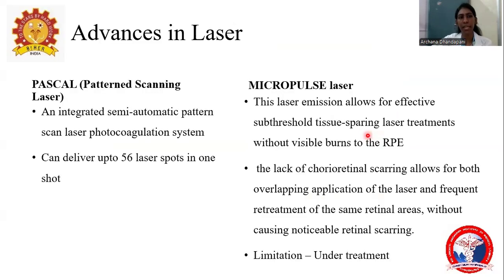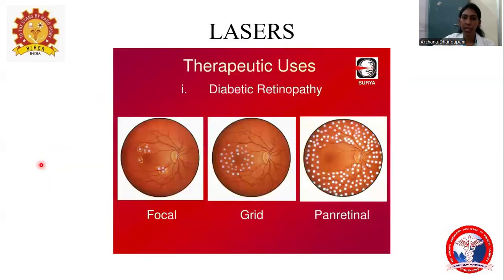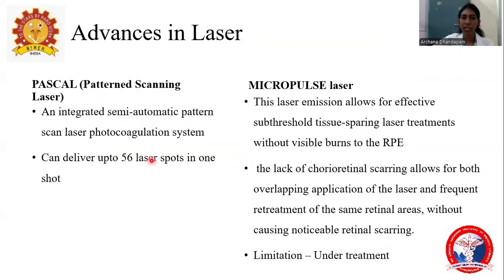So advances in laser include PASCAL. PASCAL is the Pattern Scanning Laser. It is an integrated semi-automatic pattern scanning laser photocoagulation system, and it can deliver up to 56 spots in one shot. That is, here it could deliver 56 spots in one shot, and constantly it will scan the